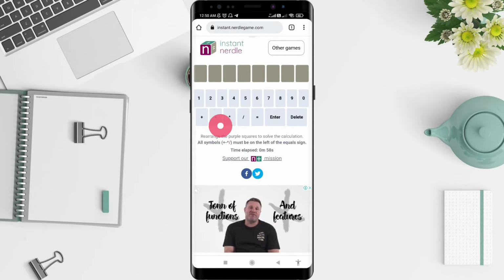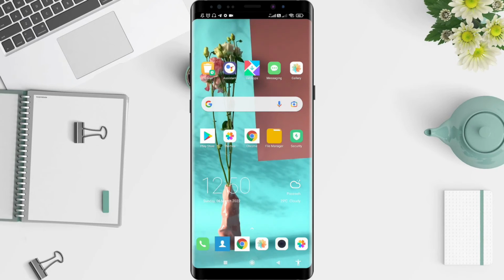Another example is, the answer is 10 plus 20 is 30, then 20 plus 10 is 30. Okay, and I think it's enough for how to play Nerdle on